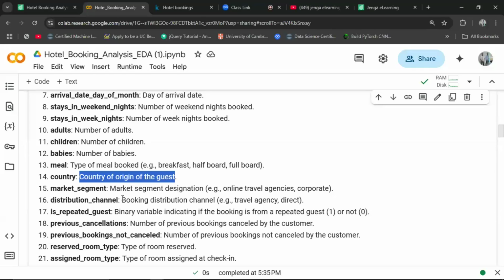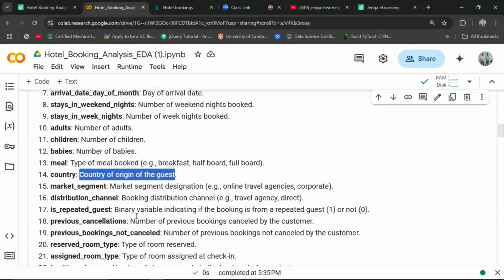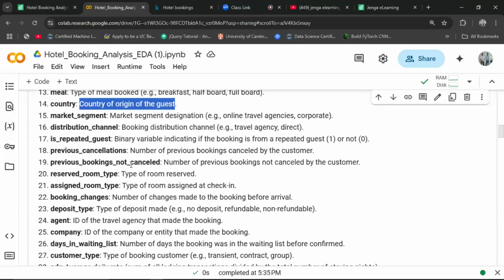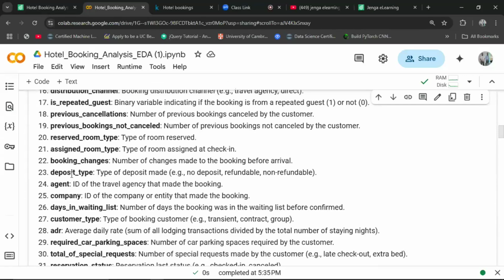So the distribution channel is either a travel agency or direct. Repeated guests is a binary value, true or false, indicating if the booking is from a repeated guest, which is 1, or not, which is 0. Then previous cancellation, previous booking not canceled, reserved room type. This is the type of room that was reserved, then the assigned room, the booking changes, deposit type,